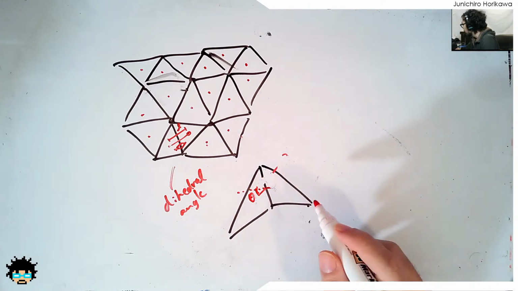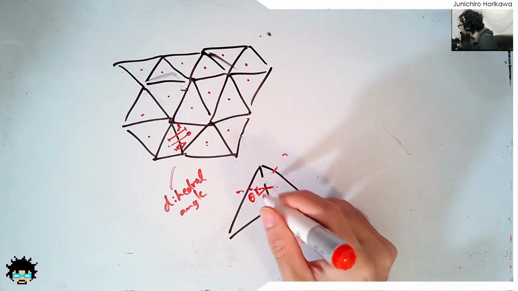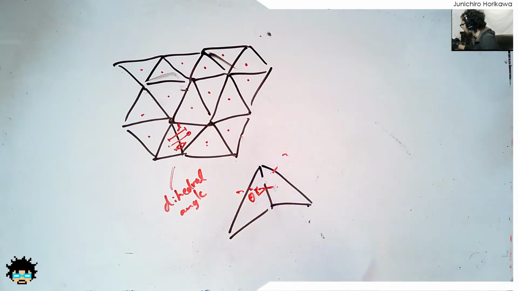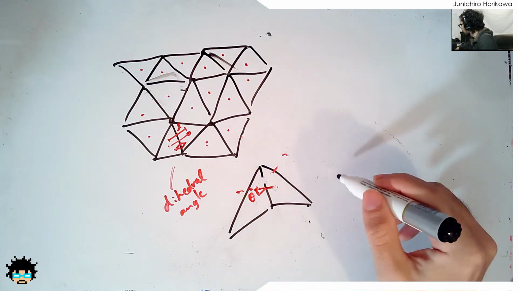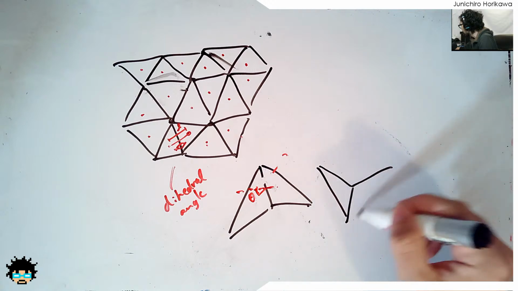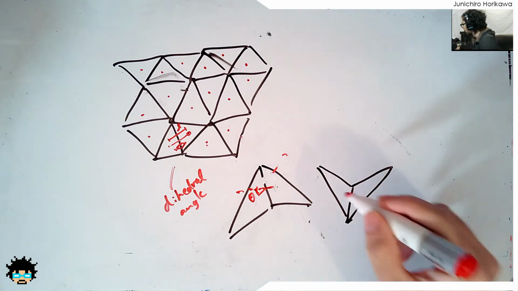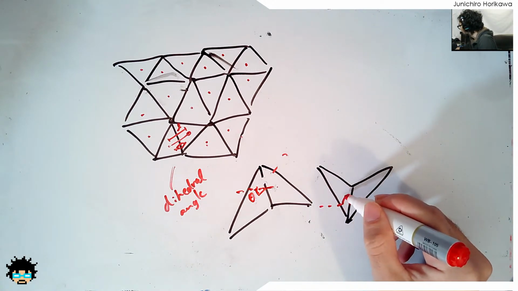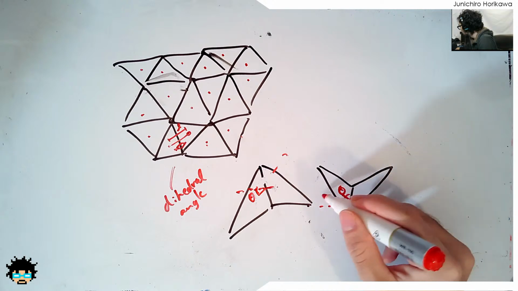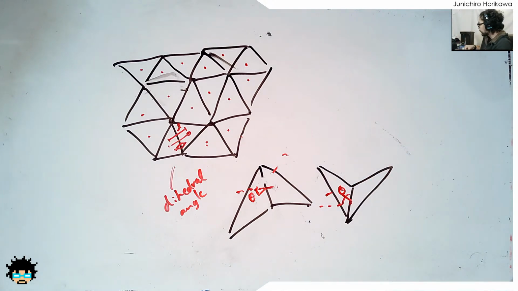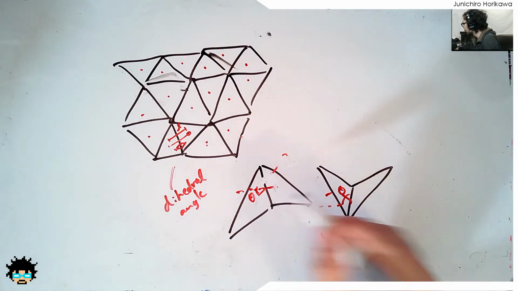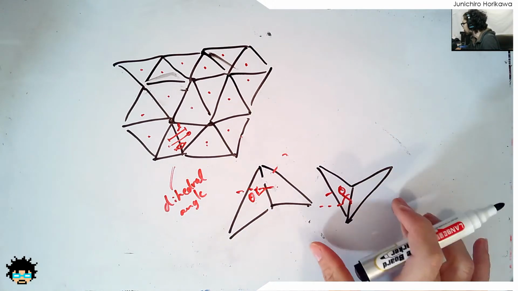Okay, and it could be a positive value, or if it's concave like this, it could be a negative value. So I'm going to use this angle as the weight for the spanning tree,